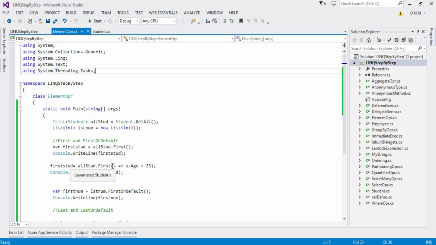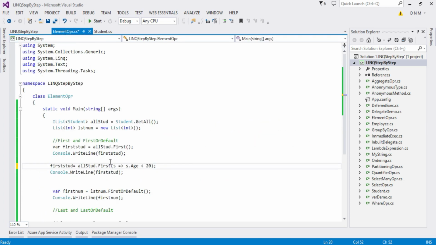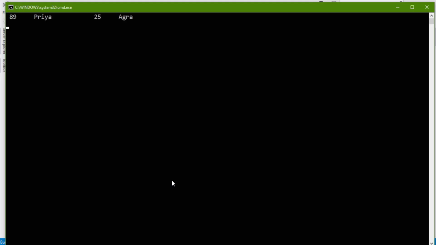Here also, to be on the safer side, instead of first you can use first or default. Suppose I change the condition to 20. We know that we do not have any student whose age is below 20, and here I am using the first operator. Let us execute it and observe the output.